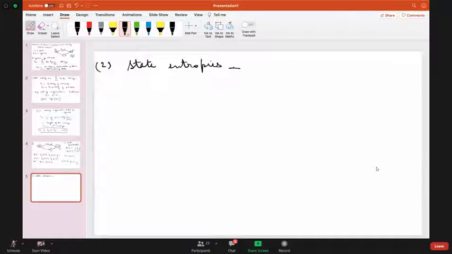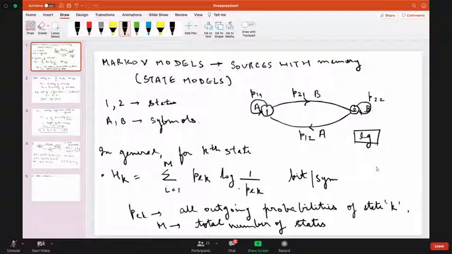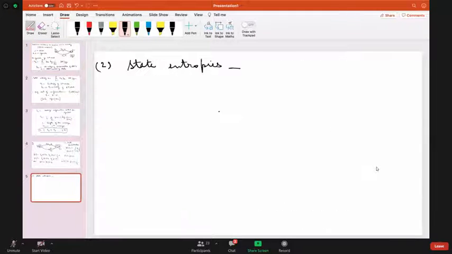Second part is state entropies. So we know from the formula that we did, which was basically this formula, we'll evaluate the state entropy. So in general, I'll write that HK is nothing but I ranging from 1. In our problem, there are two states, so it will go to 2. Then I'll say it is PLK